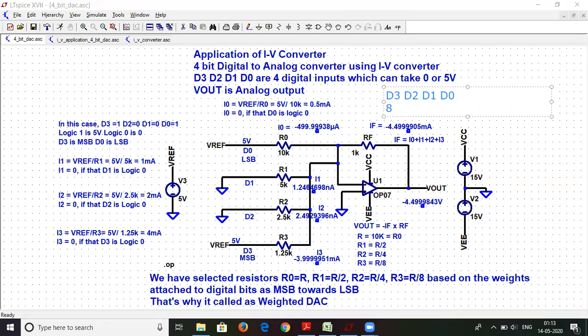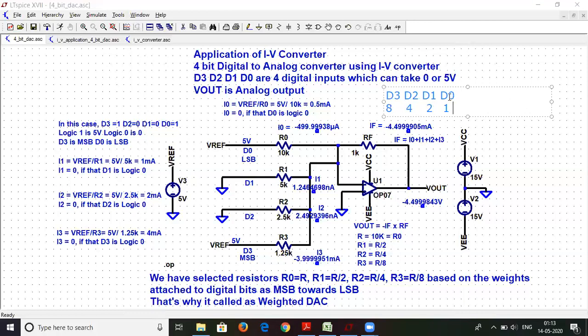This will be 2 raised to 2, that is 4. This will be 2 raised to 1, that is 2. And this will be 2 raised to 0, that is 1. So in the decimal form, it is read as 8, 4, 2, and 1.